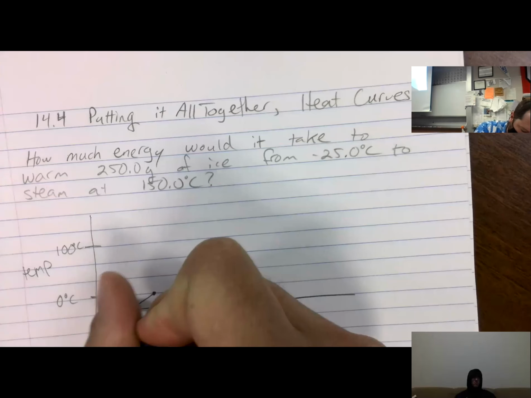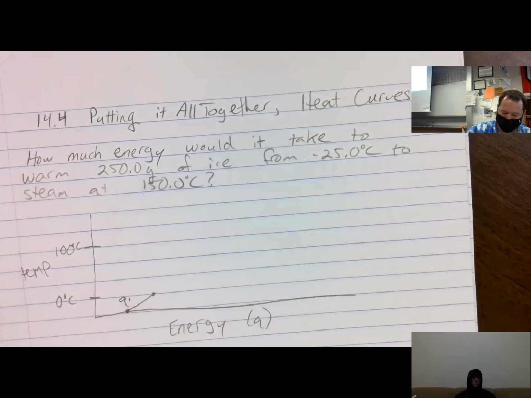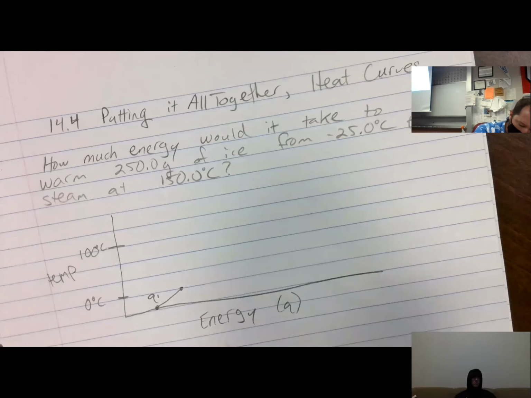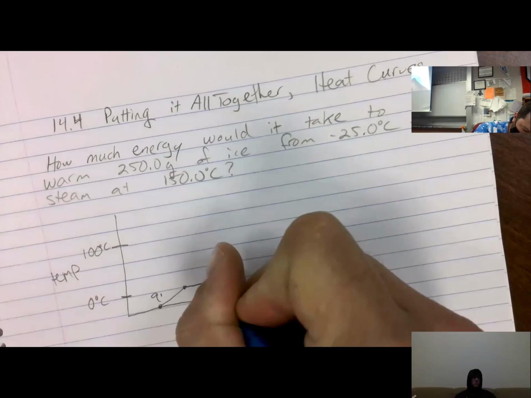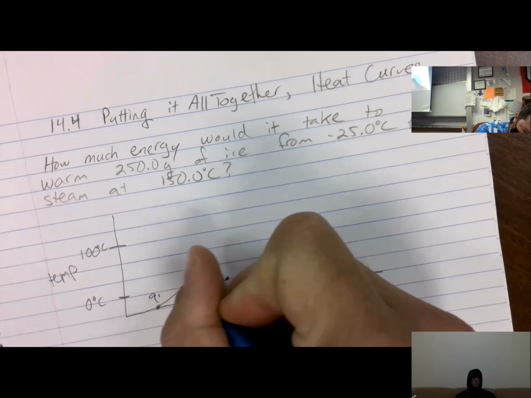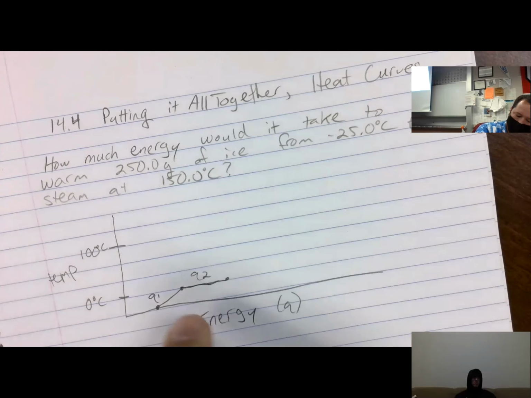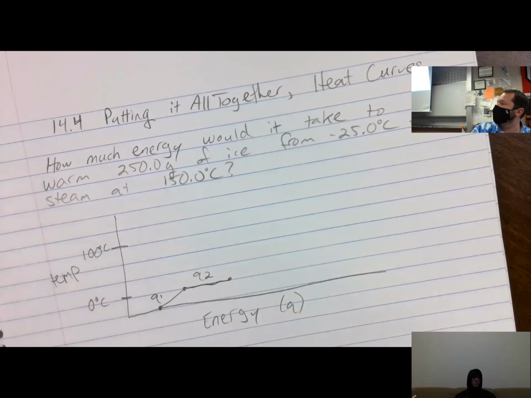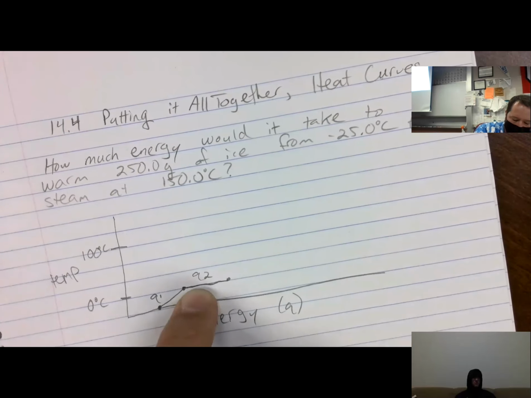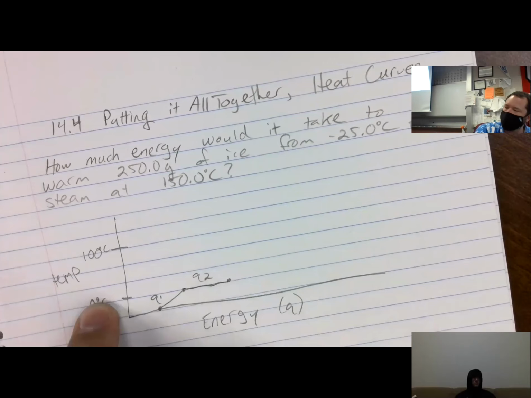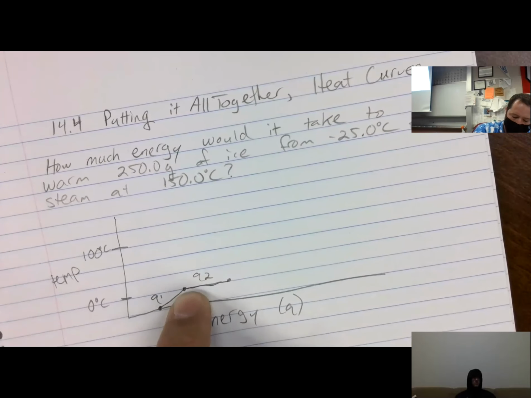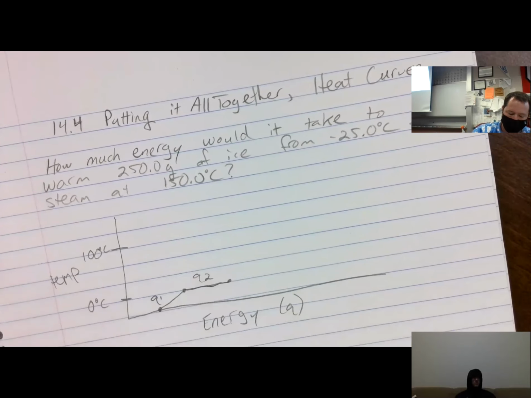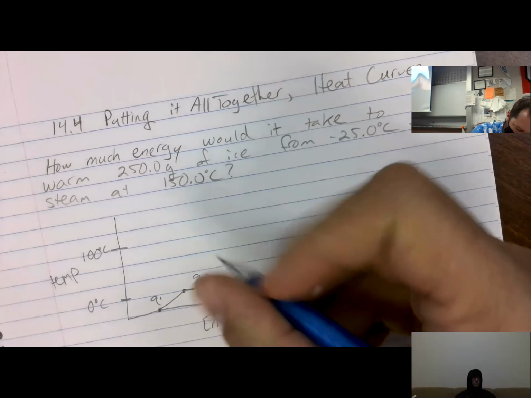So that would be our first energy, our Q1. Then we'll need to melt that ice. That would be our Q2. Remember, when we go through a phase change, we don't have a temperature change. We're adding energy, but we're not actually changing the temperature. We go from ice at 0 degrees to water at 0 degrees. Once we get that water at 0 degrees,